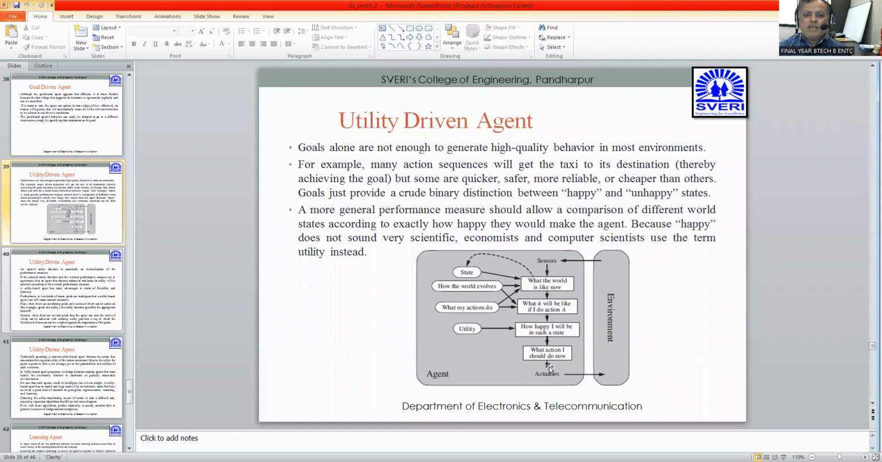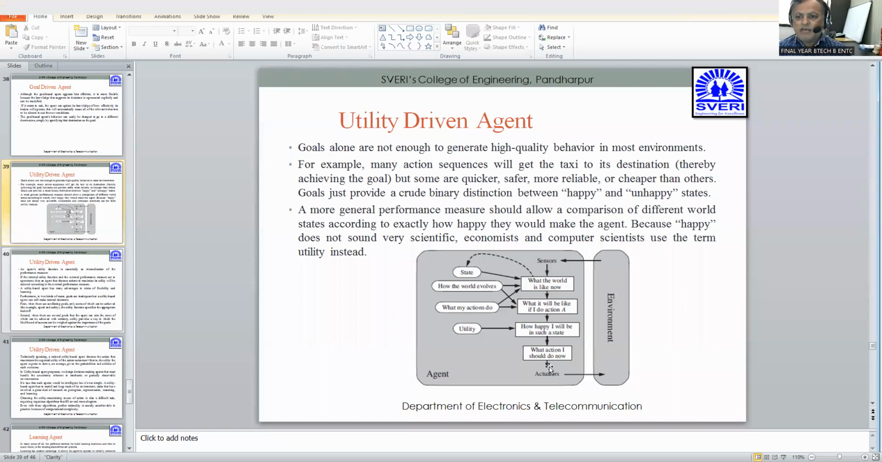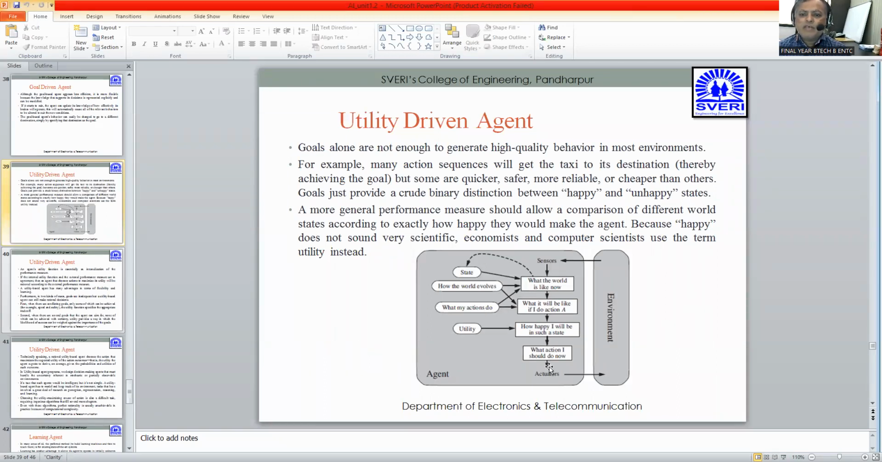Is it right? A more general performance measure should allow a comparison of different world states according to exactly how happy they would make the agent. Right? So जाना वहां तक ठीक है, लेकिन बीच में जो डिस्टिंक्शन आने वाला है वो भी तो होना जरूरी है कि ये फास्ट गया, ये सेफ जोन में गया, ये रिलायबल था, ये सस्ता था, अकॉर्डिंगली. Right? So how happy they would make the agent will also be very important, because happy does not